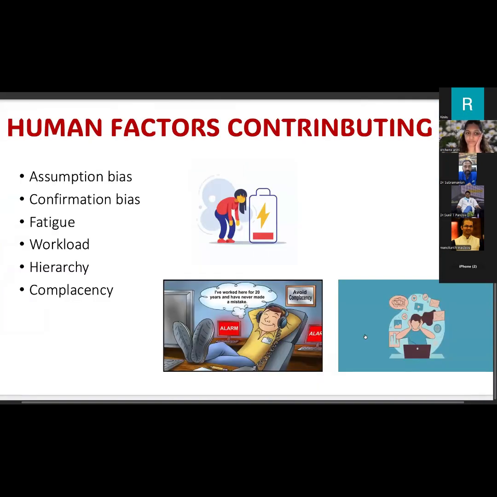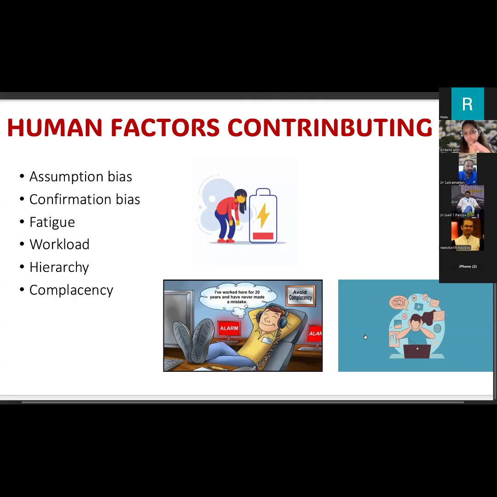moving on to the human factors contributing. Next slide, ma'am. Human factors contributing. The assistant demonstrated assumption bias. He believed inhalational induction was intended after seeing the dial set at 4. And there was a confirmation bias. He should have confirmed with the anesthesiologist whether inhalational induction was actually intended, but he did not do that. Hierarchy also plays a major role. Junior staff often hesitate to challenge the senior ones. Apart from that, fatigue, distractions, workload, and many other factors increase the likelihood of these errors.